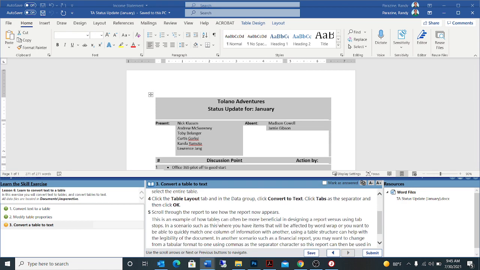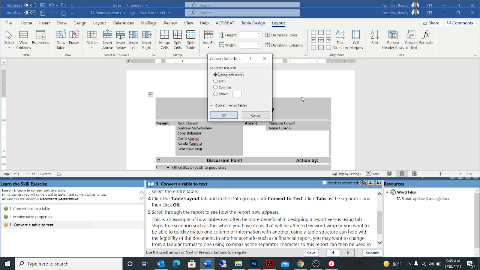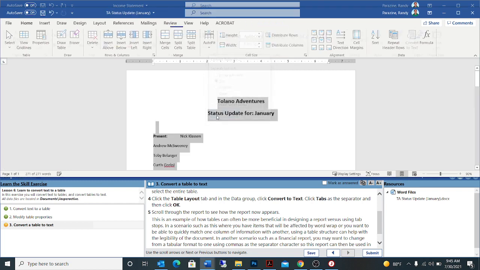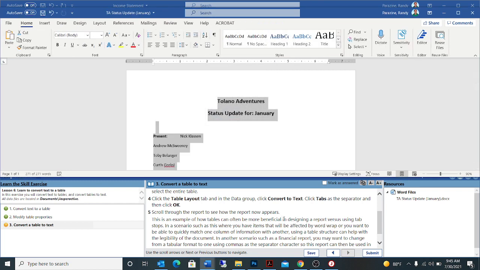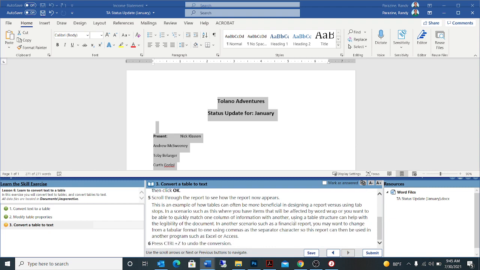Click the Table Layout tab. And in the data group, click Convert to Text, which is over here on the right. Click Tabs as a separator, and then click OK. This is an example of how tables can often be more beneficial in designing a report versus using tab stops. In a scenario such as this, where you have items that will be affected by word wrap, or you want to be able to quickly match one column of information with another, using a table structure can help with the